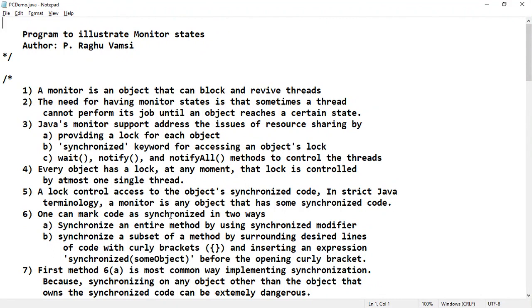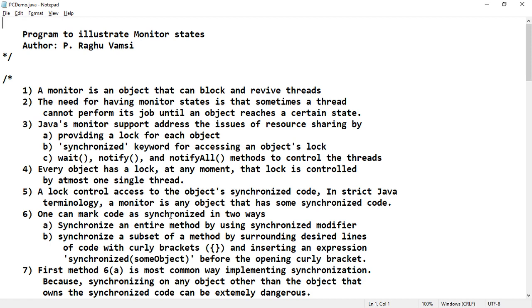When two or more threads need to access a shared resource, they need some way to ensure that the resource will be used by only one thread at a time. Because when multiple threads are competing for the shared resource, obviously only one thread should be allowed to utilize that resource. The process by which this is achieved is said to be synchronization. Without proper synchronization we cannot achieve this.